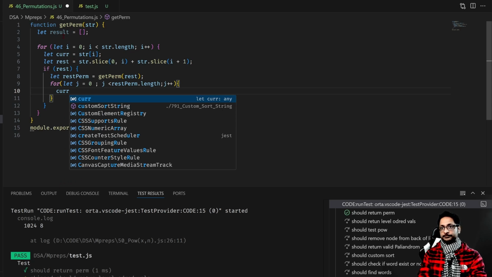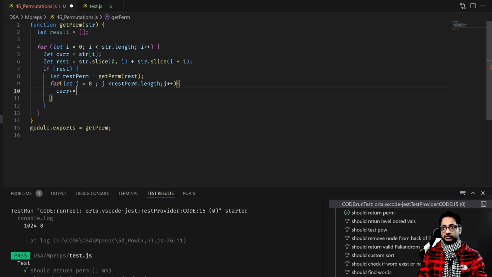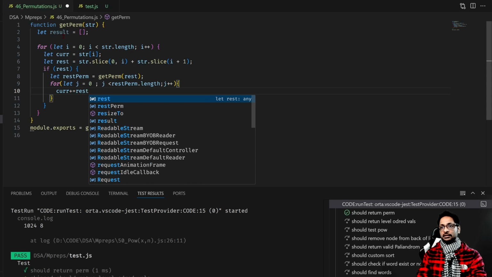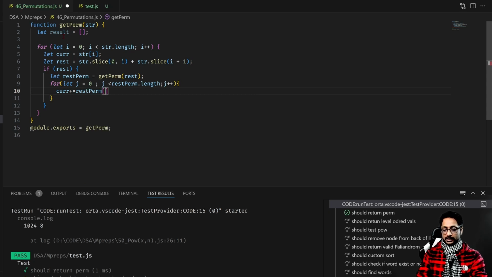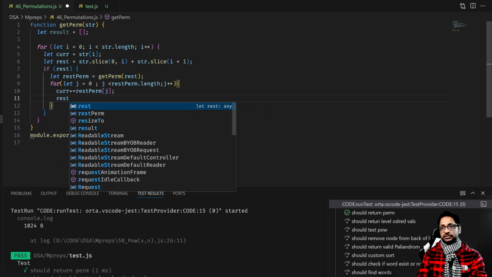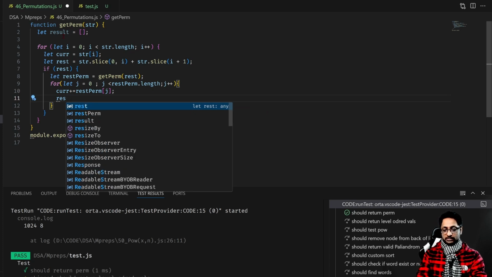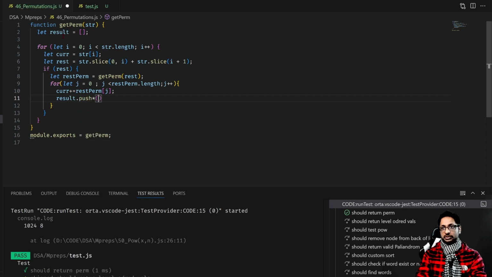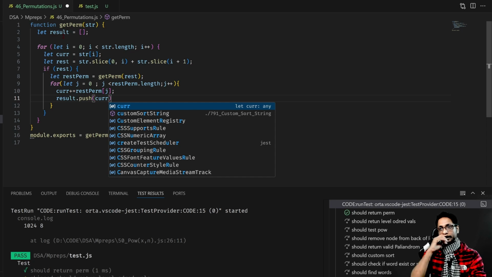plus equals rest and j, and then result dot push current,